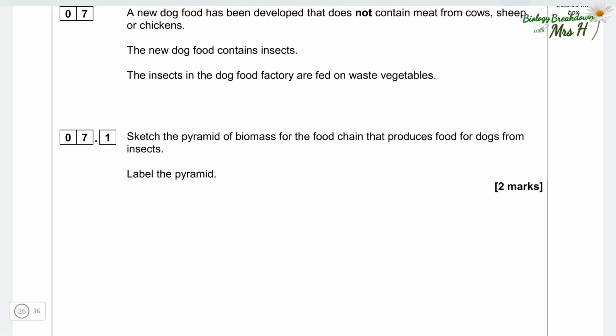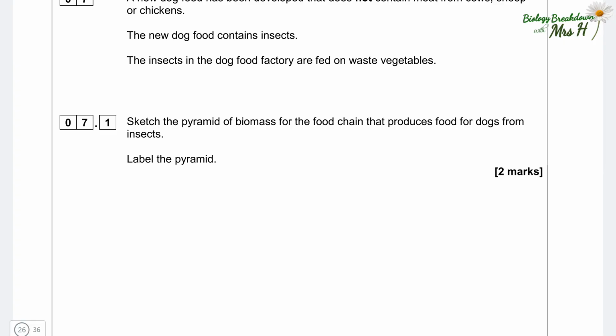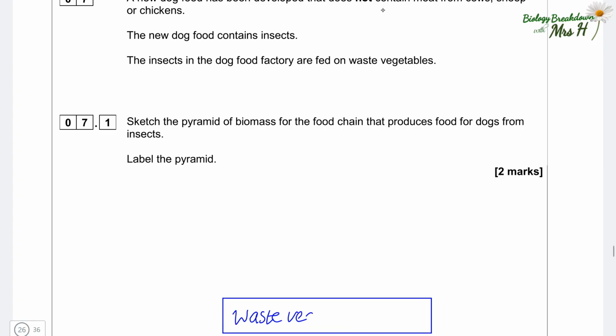A new dog food has been developed that does not contain meat from cows, sheep, or chickens. The new dog food contains insects. The insects in the dog food factory are fed on waste vegetables. Sketch the pyramid of biomass for the food chain that produces food for dogs from insects. Label the pyramid. All right, so we need to put our producers on the bottom, which are the waste vegetables,